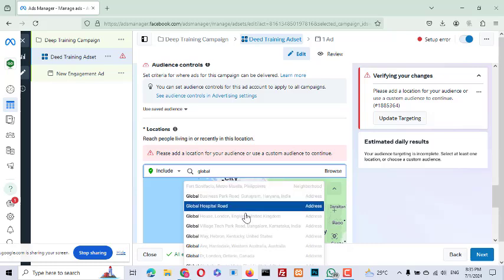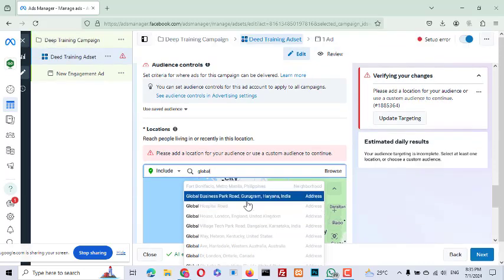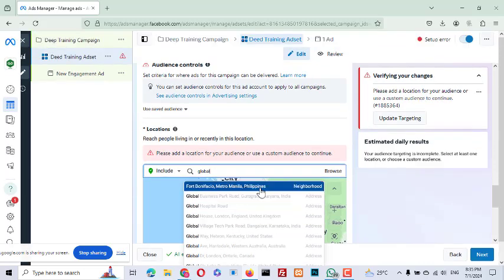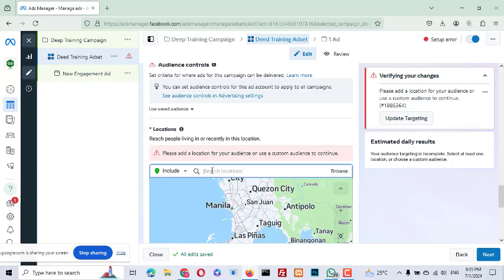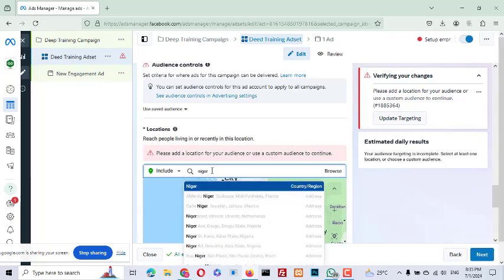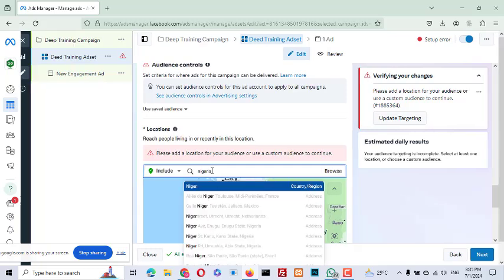So let's say we just put Nigeria here, for the country region. The next thing now, once we've already selected Nigeria, you can see that it has shown Nigeria on the map. Then we click on the